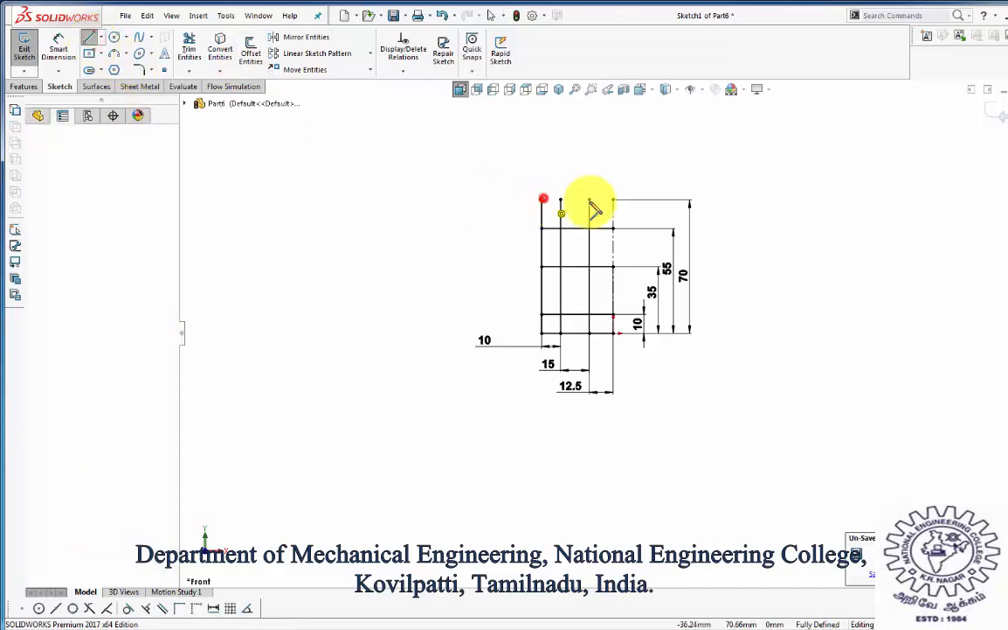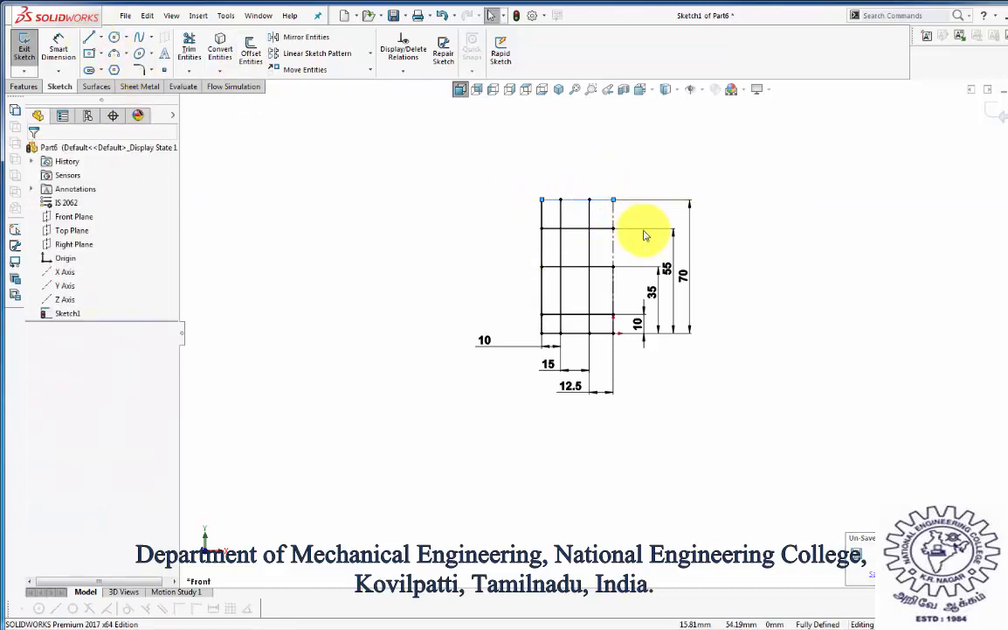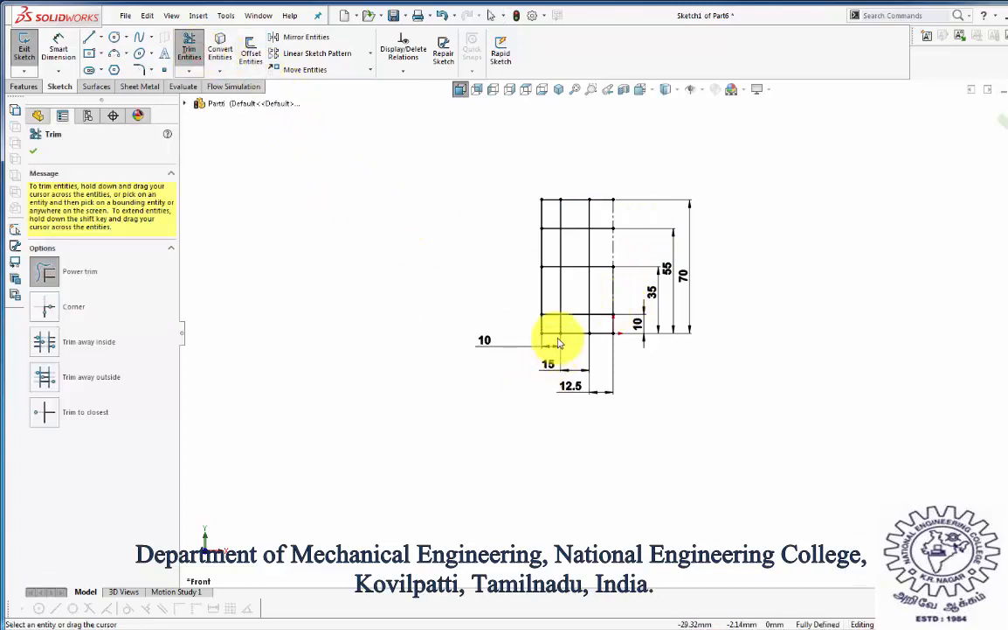Once the required number of offsets are made in the vertical direction, now remove the unwanted entities within the sketch using the Trim command. Once the unwanted projections within the sketch are removed,